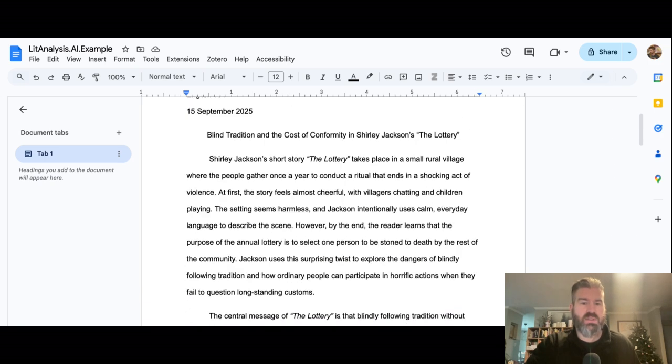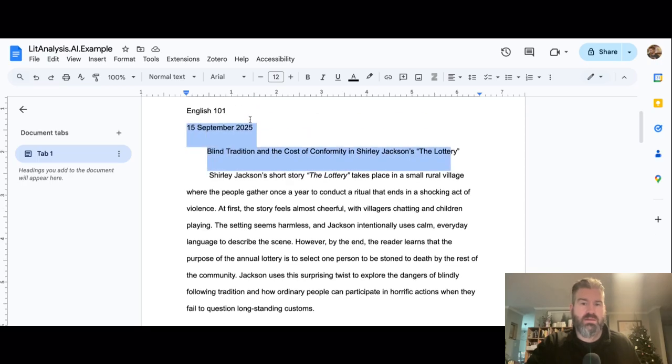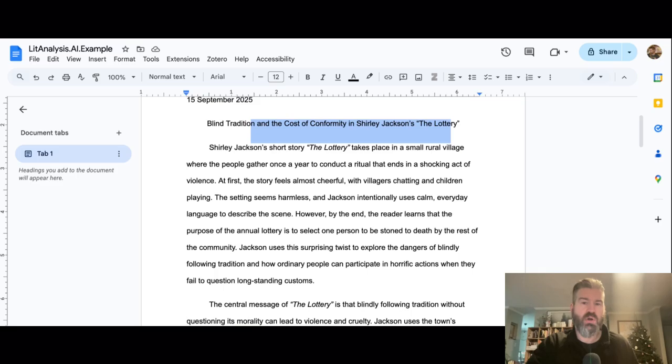So let's go back up to the top and let's look at the intro paragraph again. We've got a title here. You don't need to have a title. It can simply be literary analysis of the lottery. Again, the lottery is not a story that you are able to write about this quarter because we're using it for demonstration purposes. So Shirley Jackson's short story, The Lottery, takes place in a small rural village where people gather